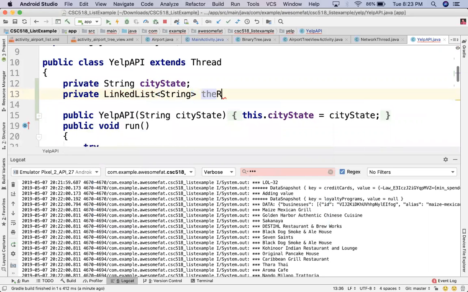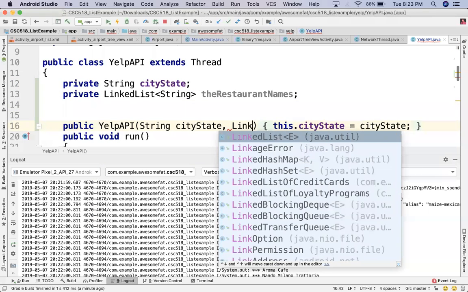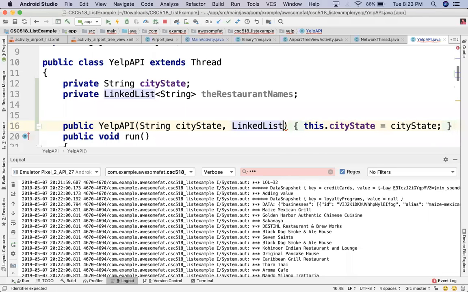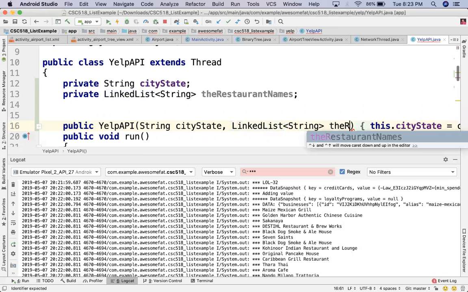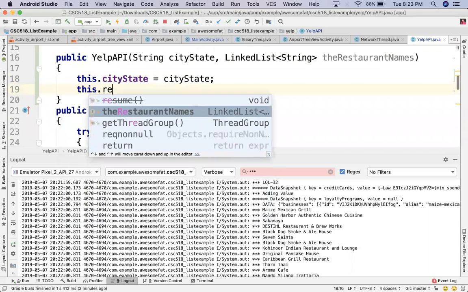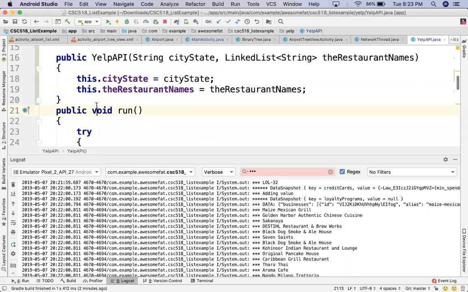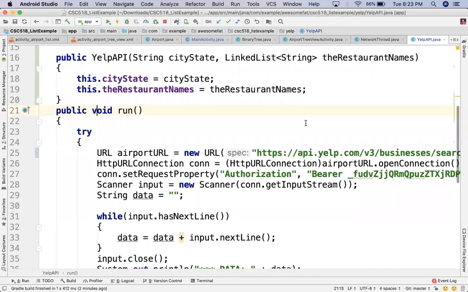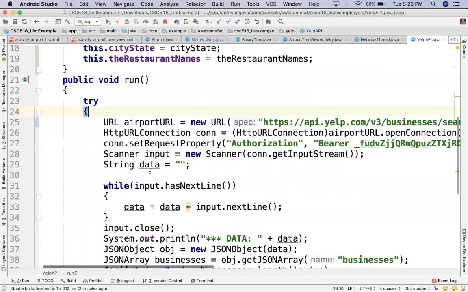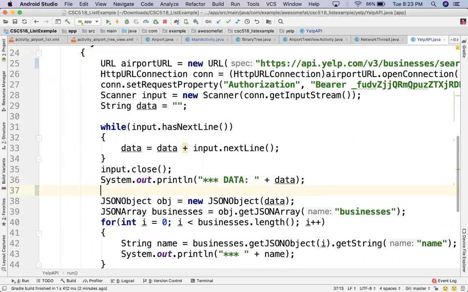And we'll call this the restaurant names. So this constructor will also take in a linked list of strings, the restaurant names, and we'll set that, and then we'll go ahead and fill it in here. All right, so very first thing I'll do after we have our data is I'll go ahead and say this